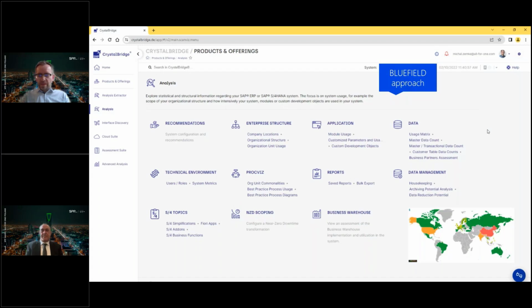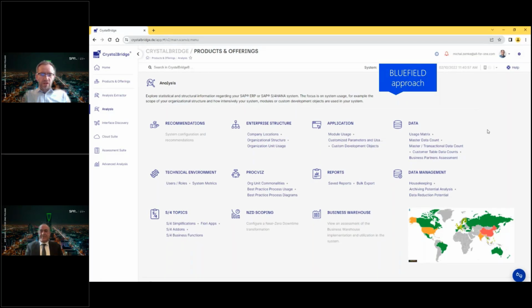And based on that, we can define the precise scope for the data migration. We can also visualize the business processes. We can try to transfer and transform these business processes to, let's say, better needs, especially including the S4HANA approach. We have access to the simplification list items depending on the version of the S4HANA system. And based on that, we can decide which of them are important and needed to do the